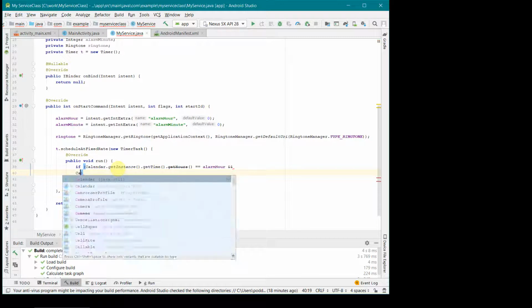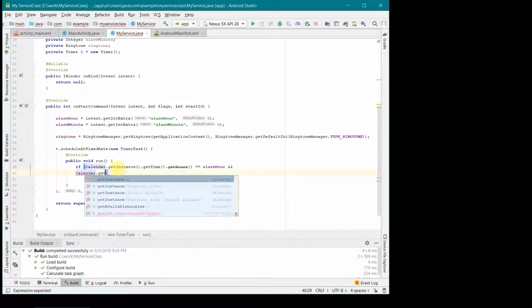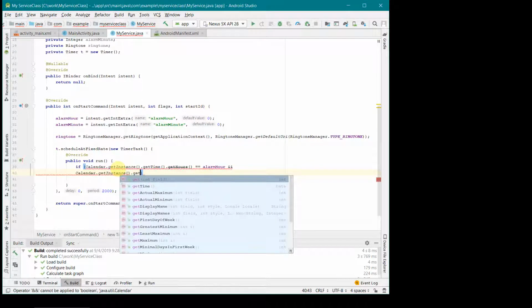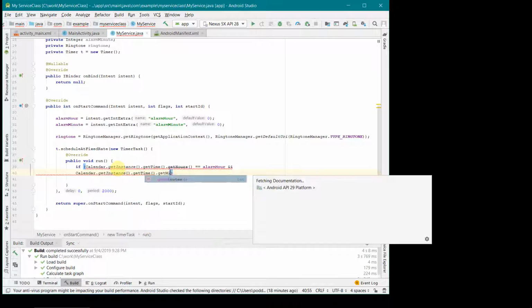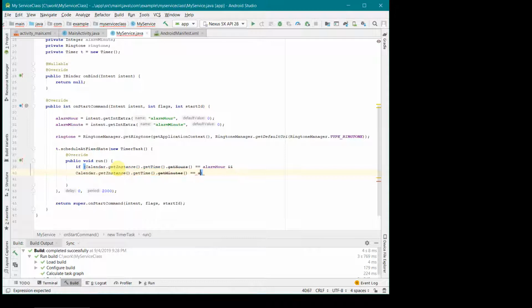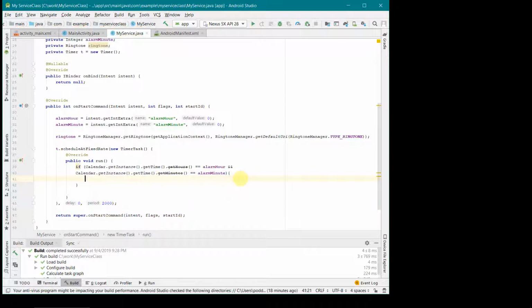So we'll do the same for minute. So get time and get minutes equal to alarm minute. Yeah. So if these two are true, then of course we should play our ringtone.